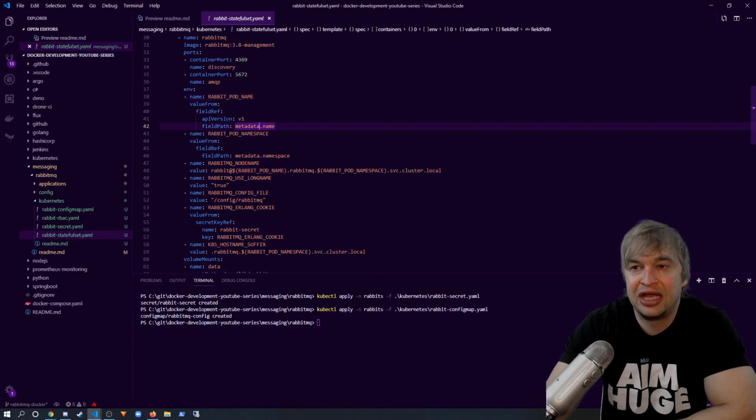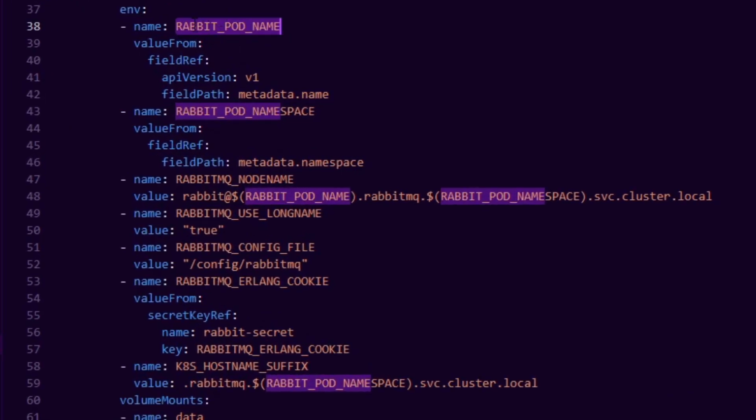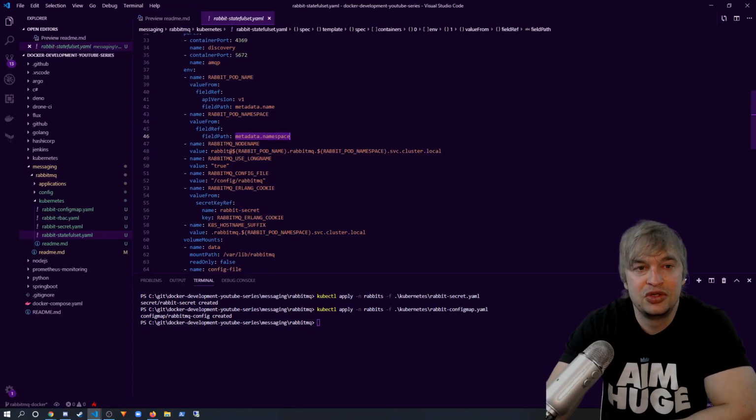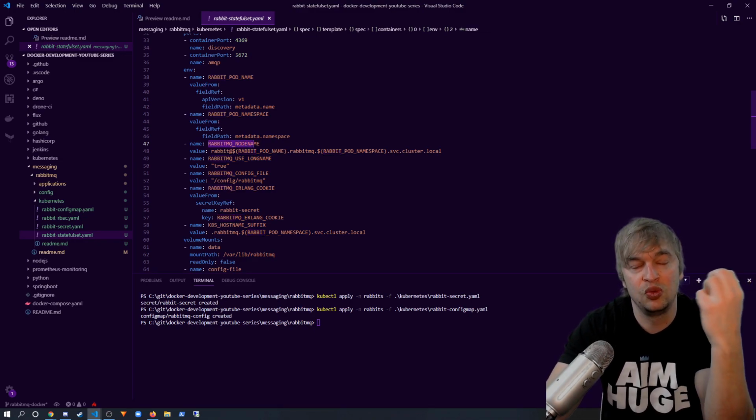The next bit of information we need is an environment variable for the pod name and the namespace name. So what we do is we create an environment variable called Rabbit pod name, and we get that from the Kubernetes downward API. Then we also create one, Rabbit pod namespace, and we grab the namespace from the Kubernetes downward API as well. We need these two environment variables because we need to specify what the RabbitMQ node name is. So the RabbitMQ instance as a pod will know what its node name is to make it available for